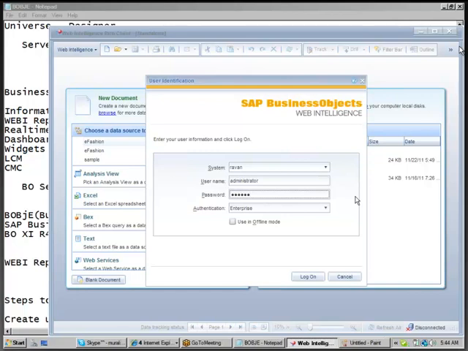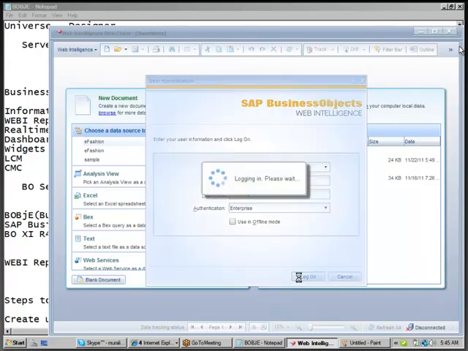Once the administrator creates the username and password one time, you can use it for all BO applications: rich client, Crystal, Xcelsius, LCM, all the tools.